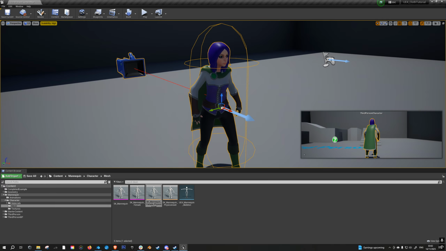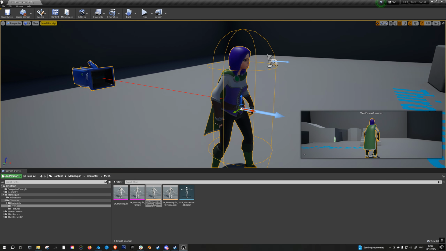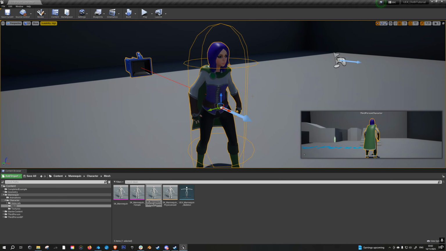So today we're going to do a tutorial on how to set up cloth simulation inside Unreal Engine 4 using Blender and Unreal Engine 4. Okay, now it's very important to understand that this tutorial is for Unreal Engine 4. I'm currently using Unreal Engine 4